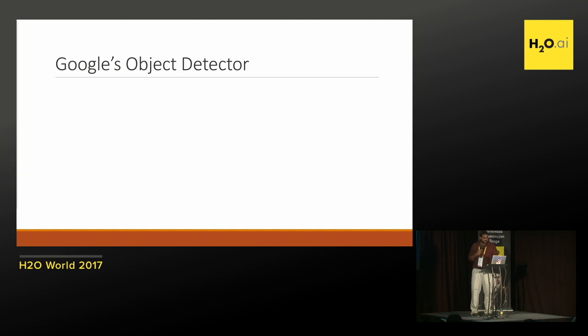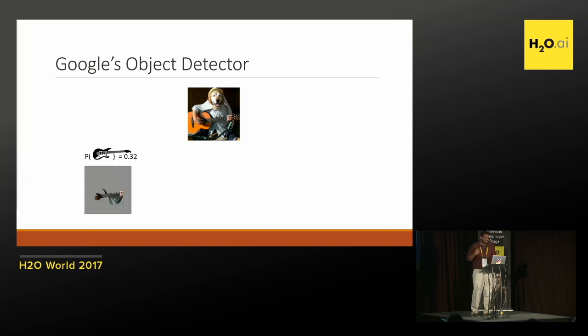So we can apply it to a bunch of neural networks. We took Google's object detector, the Inception Net one, and we gave it a pretty strange image of a dog playing a guitar. And it predicted that it was an electric guitar with a pretty high probability. And we were able to find out which part of the image was most responsible for predicting it to be an electric guitar. Turns out it seems to be the way the dog is holding the neck, and just the neck itself, that makes the neural network think that this is an electric guitar.